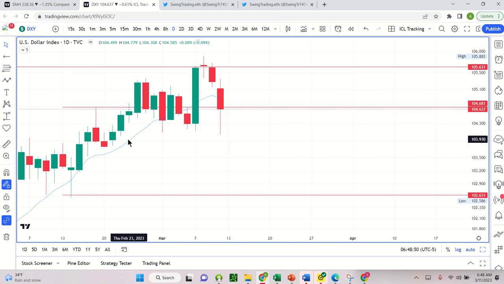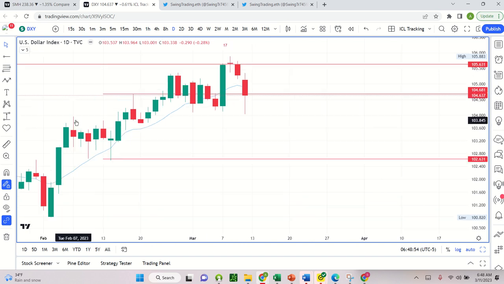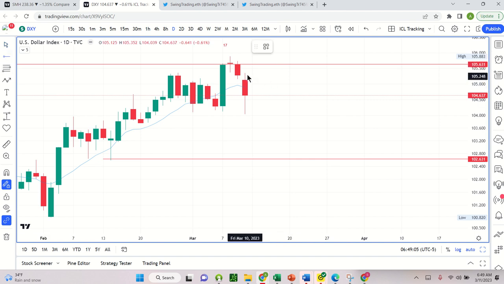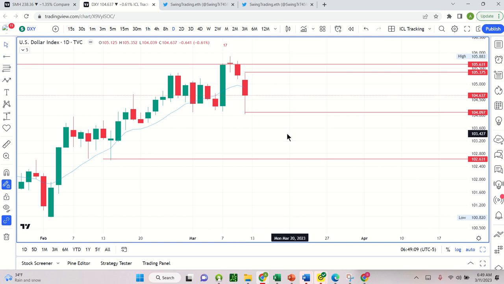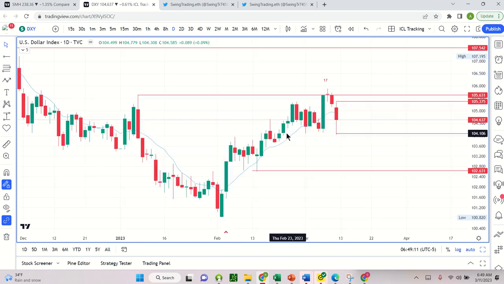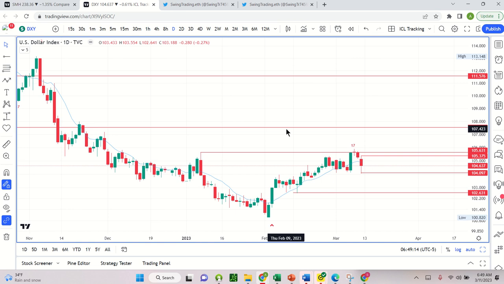But here's the important piece, though. This is your Friday candle, the jobs number. Unemployment rate went up slightly, but there were more jobs created than expected. And then you also have this collapse of SVB, which has people thinking contagion. Other banks are going to also have issues, and so maybe that takes the pressure off a 50 basis point rate hike.